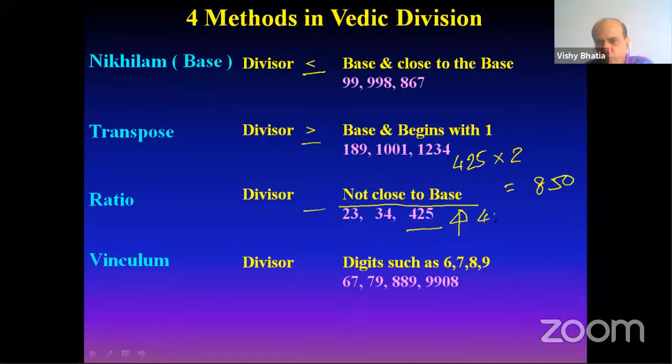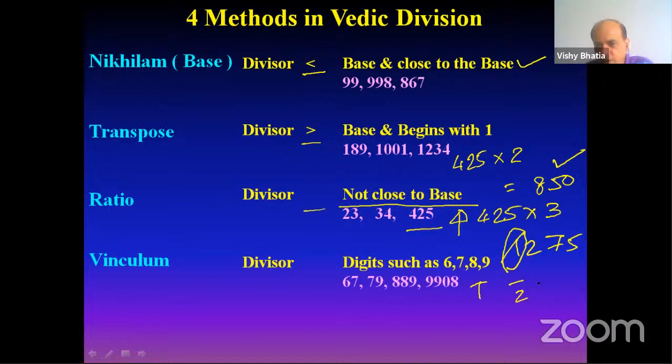If I multiply 425 by 3, very easy, 25 3s are 75 and 3 4s are 12. Here I will use the Nikhilam method. Here, because I am getting a 1 in the beginning, I will use the transpose method. I'll drop the 1 and I'll get 2 bar, 7 bar and 5 bar as my